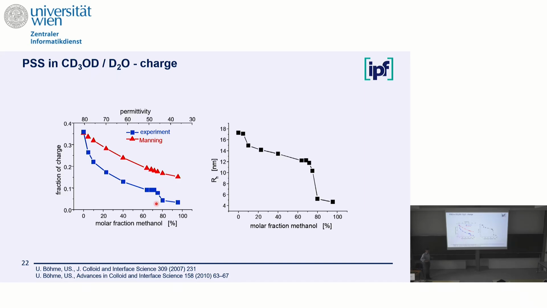That we have to look, we have to measure the diffusion anyway, and then we converted the diffusion data into the hydrodynamic radius, as you see it here on the right side, and you see there's a similar stepwise decrease in the size, so we have more coiling of the molecule, and therefore charges get closer together. And the charge goes up, and therefore